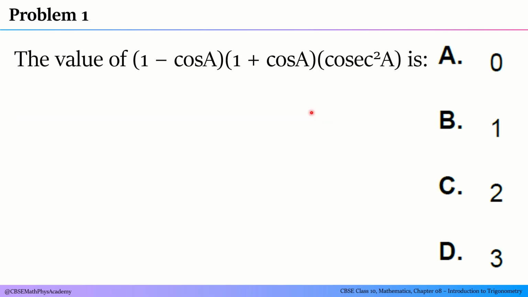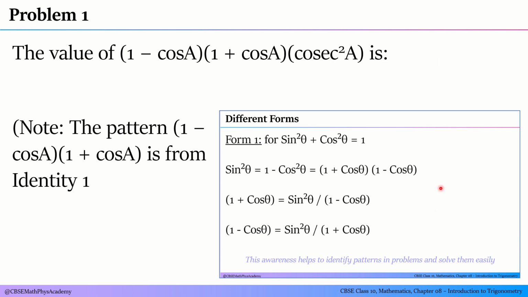The first problem: the value of (1 minus cos A) into (1 plus cos A) into cosec square A is, and there are four options here. The first thing you have to notice is that this is pattern 1, that is, trigonometric identity 1: sine square plus cos square. In the earlier video 9, we clearly showed that one form of this equation, sine square theta plus cos square theta equals 1, is 1 plus cos theta into 1 minus cos theta, which is from identity 1. So all you need to do is